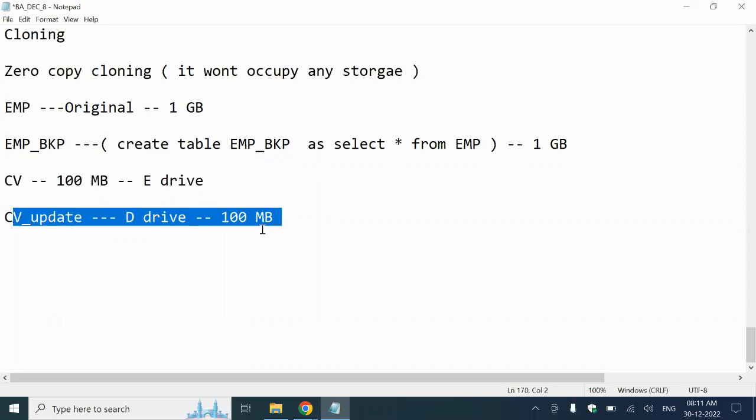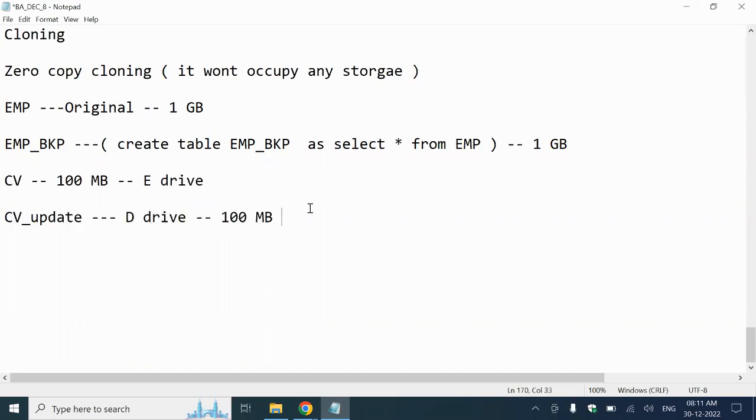It means at the time of copying only, it copies the whole content. After that, both become individual. The same way here also, when you are using copy cloning, it is not going to impact,